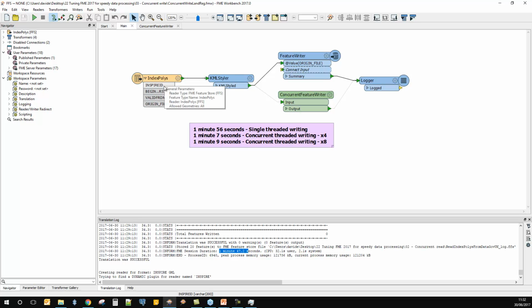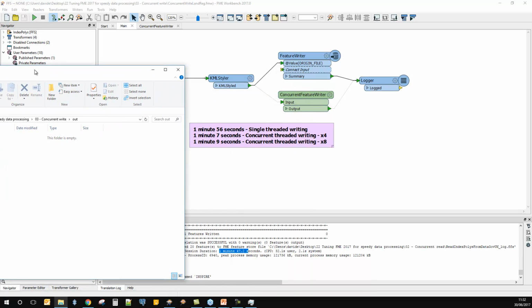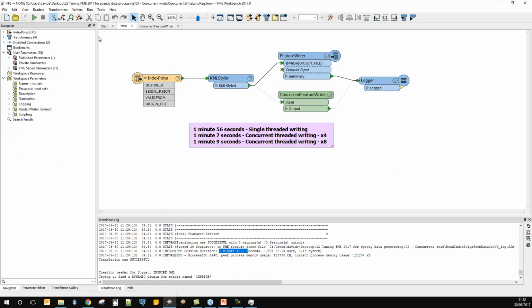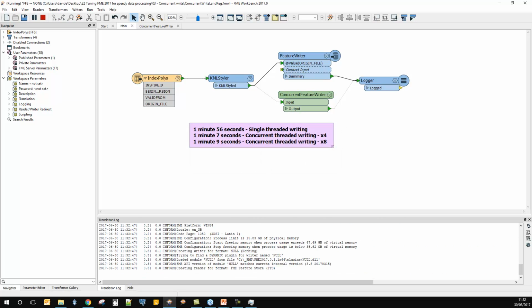I've got some of that output data, the index polygons, stored in a format here. In this case, I've put it into FME's internal format, FME feature store. Style the data up and write it out. So if I just pop in here the output directory, I'll just bring that over so you can see that in a moment. And then if I run this and start it writing,